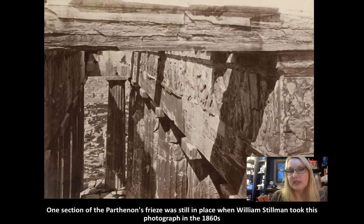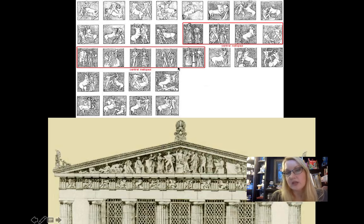And in the early days of photography, some people were taking photographs of what existed of the Parthenon. And this is what was left on the Parthenon frieze, that thin ribbon inside. See how it's inside of the walls? And it was left over. So Lord Elgin came along,